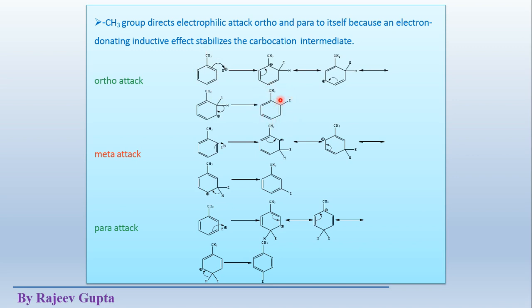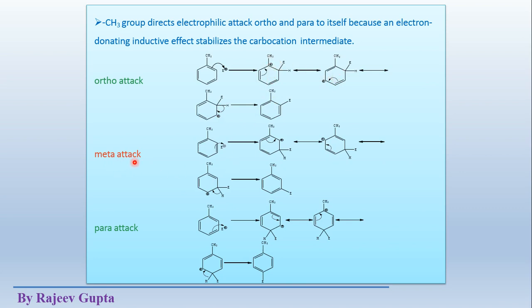Okay, so this is what we have to see here, the effect of this methyl group. See, here the positive charge comes on this ipso position and at these two meta positions. See, this meta position, this meta position. Total 3 resonating structures we can see, 1, 2 and 3.